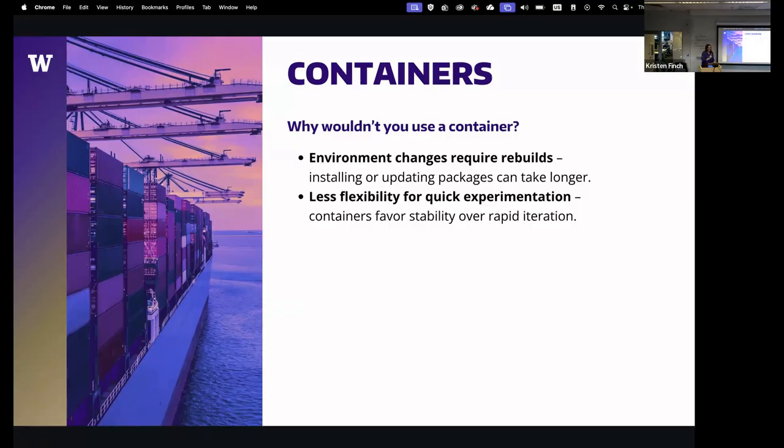So why might you not use containers though? Like, sounds great, but is it gonna work for me? I would say there are two cases that are really just one case that you might consider using a different method. Whenever you have a change in your requirements or your dependencies, you need to rebuild your container. So if you sense that you're very much in a discovery phase or code development phase of your research, and you're gonna be making a lot of changes all the time, you're discovering new packages all the time,